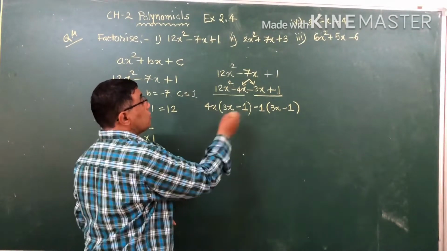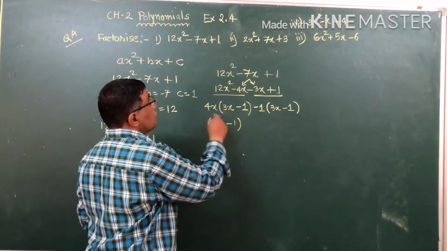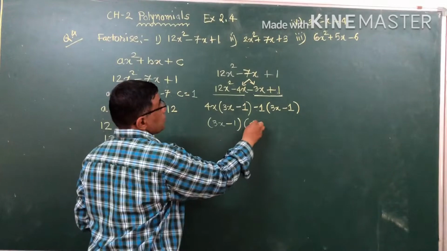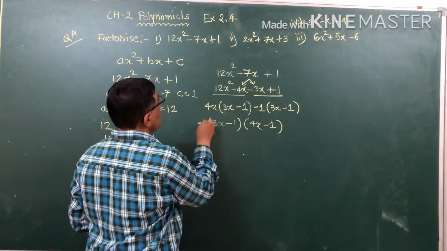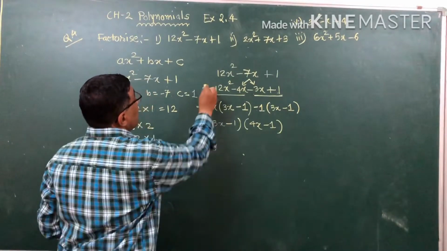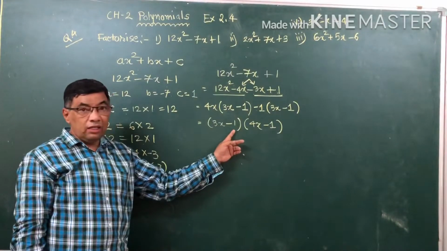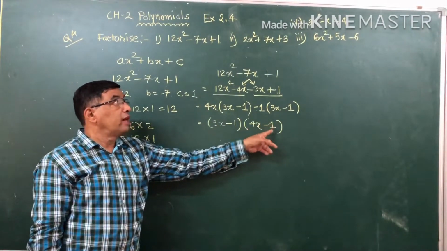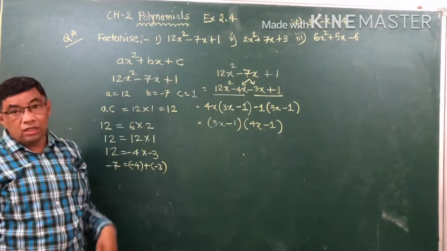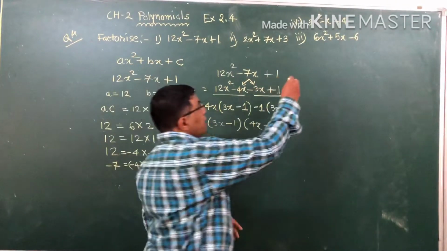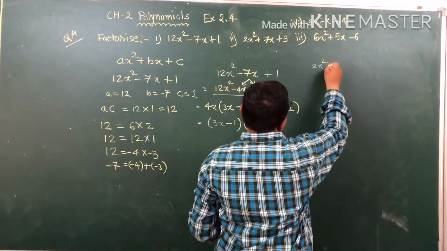So now we take out 3x minus 1 common. From here what remains is 4x, and from here what remains is minus 1. So this way we get two factors, 3x minus 1 and 4x minus 1. Now similarly we solve the next one. The next one is what? 2x square plus 7x